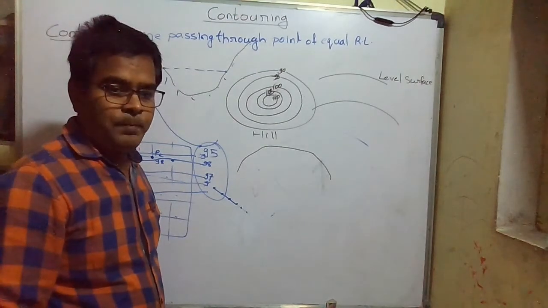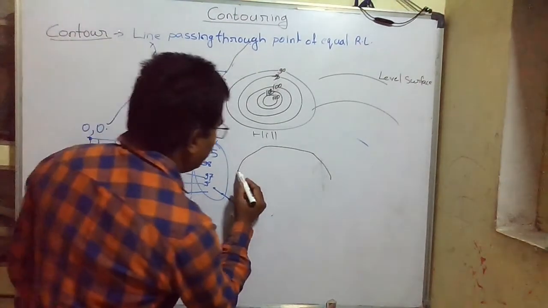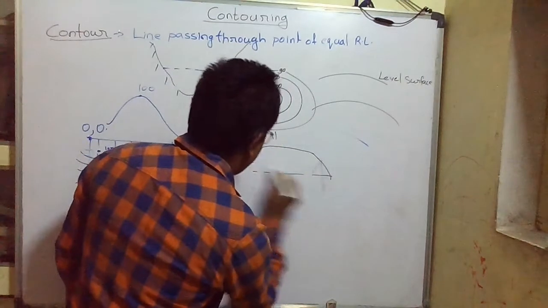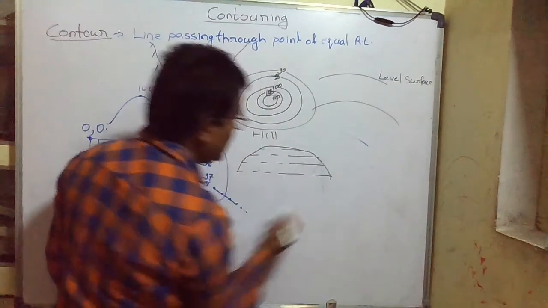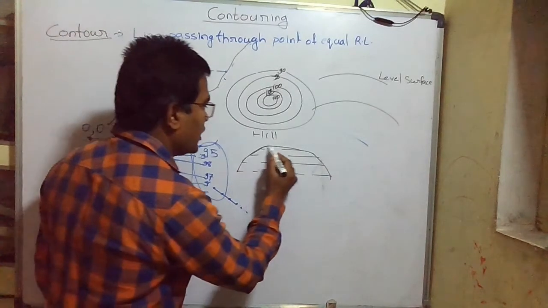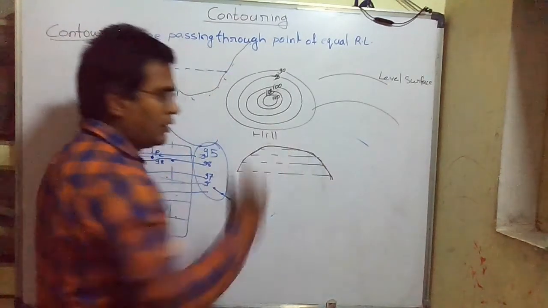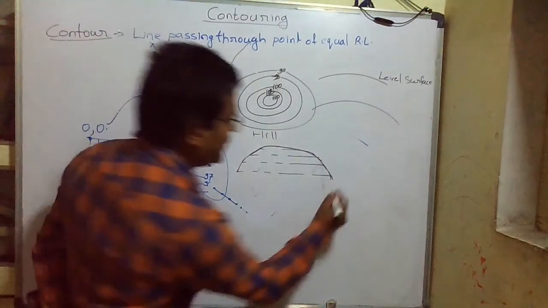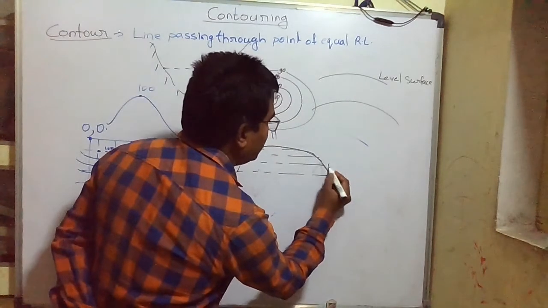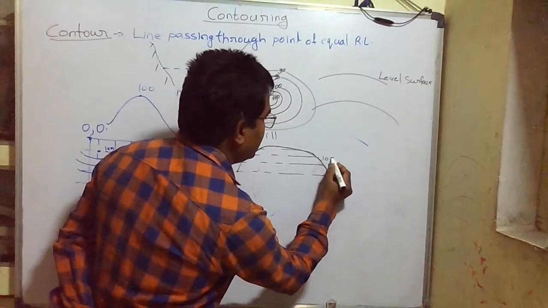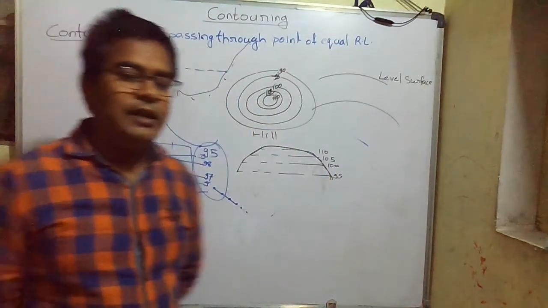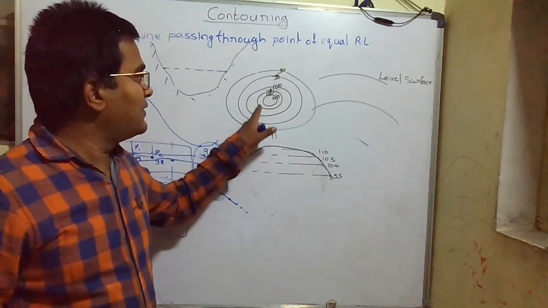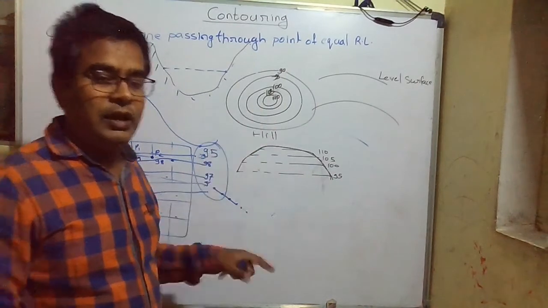This is the hill. Okay, if I draw it in the elevation, I will get the hill. Means here it is the line of 95, it is 100, it is 105, it is 110. Means I can get the nature of the ground by seeing this. I can say this is the hill.